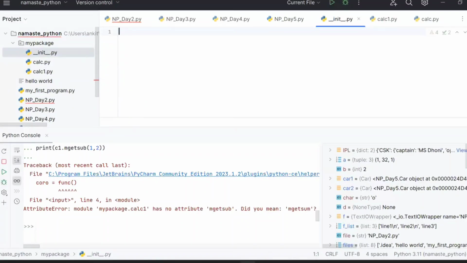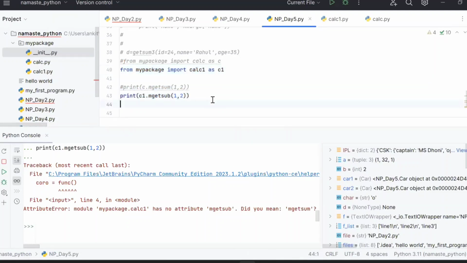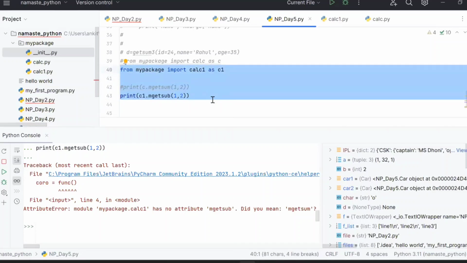So I just close it. When you have multiple files in a folder, multiple modules, then you have to tell Python that this is a package, right? To tell that, you have to create an empty file underscore underscore init underscore dot py. Once you create it, Python will understand that this is going to be a package. Okay. So if I run this now,